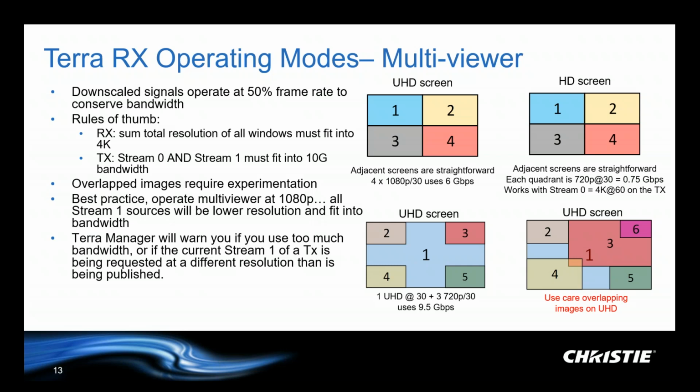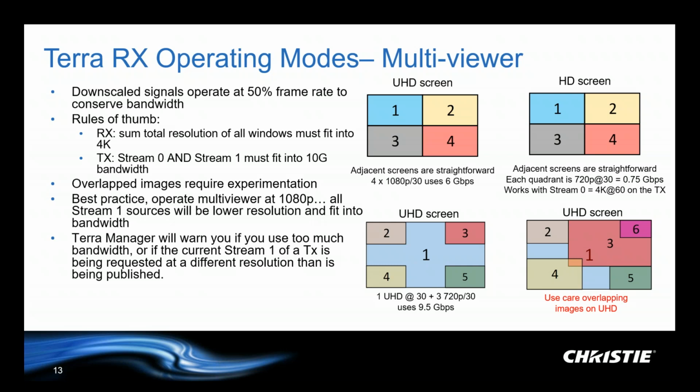So you have to be a little bit careful of what you do on the transmitter side and receiver side, so that you always remain within the 10 gigabyte bandwidth. And the Terra Manager will warn you if you try to pull too much bandwidth onto the receiver, so if you try to oversubscribe it. And likewise, it will warn you if